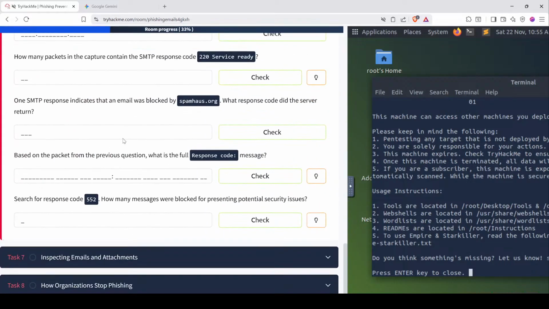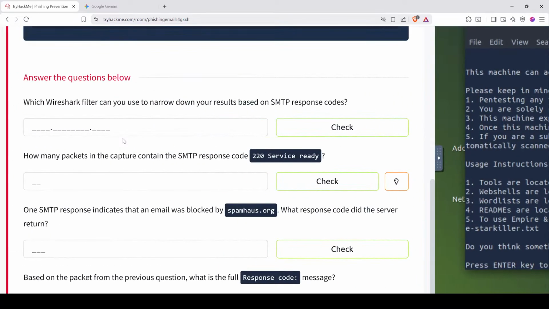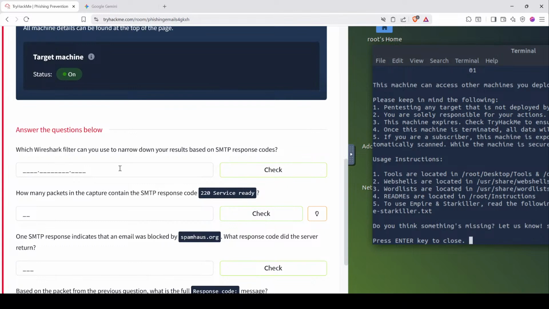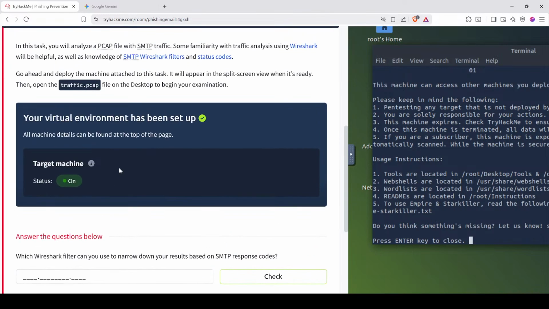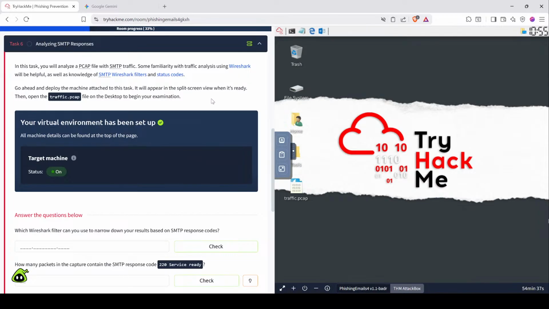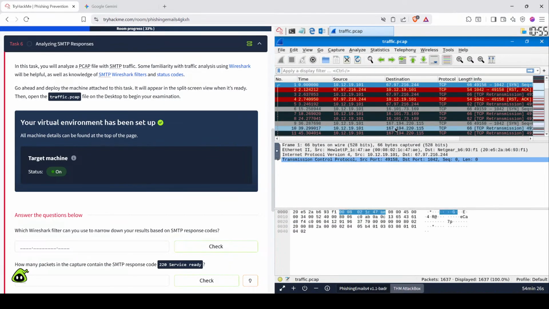We started this. Okay, got 3 tasks to complete. Which Wireshark filter can you use to narrow down the results based on SMTP? Okay, we'll use Wireshark, have the traffic pcap. Let's open it with Wireshark. We can see